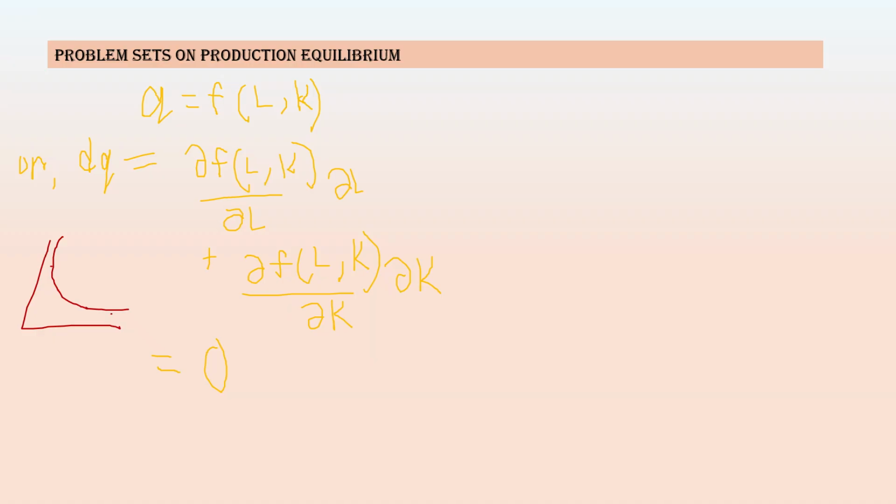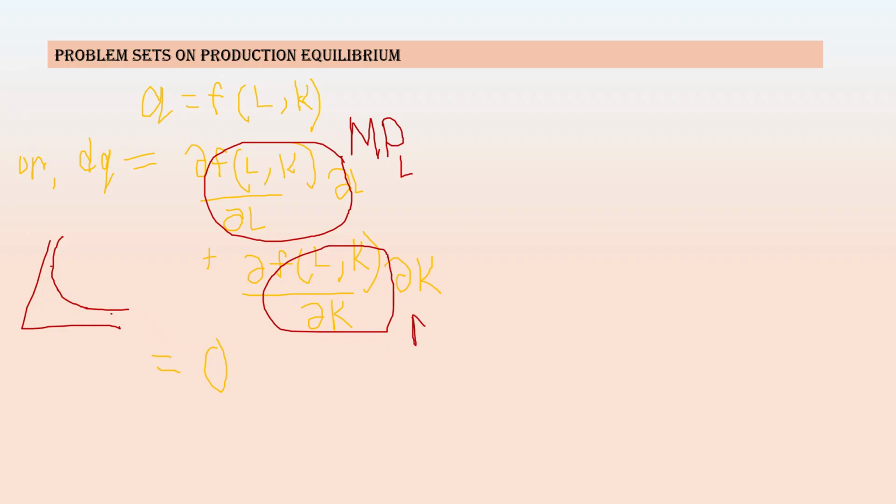All right. Now this right here is our marginal production with respect to L, and this right here is our marginal production of K, since marginal production is basically the first derivative of any product function. So what this equal to 0 exactly means is that on the same IQ curve, the level of production is always the same. So now if we find the slope of this equation right here, we will get